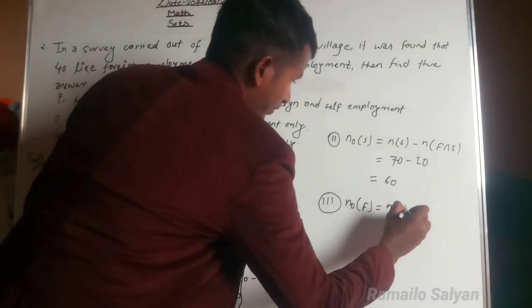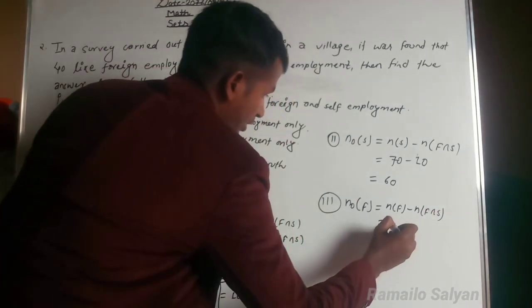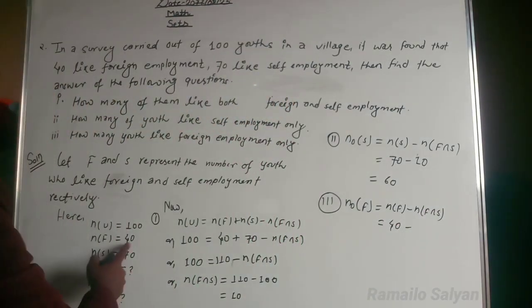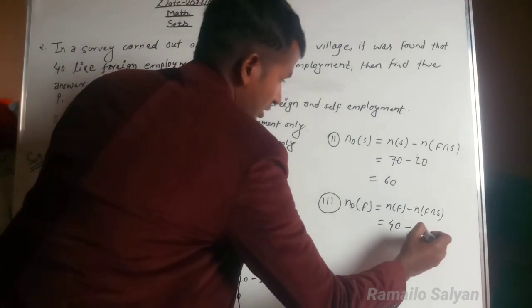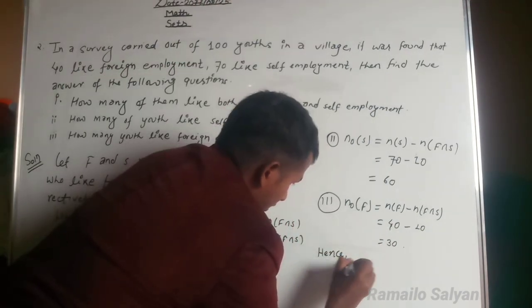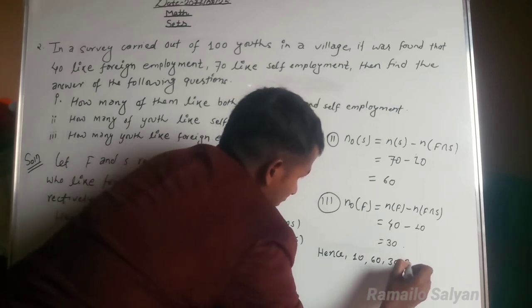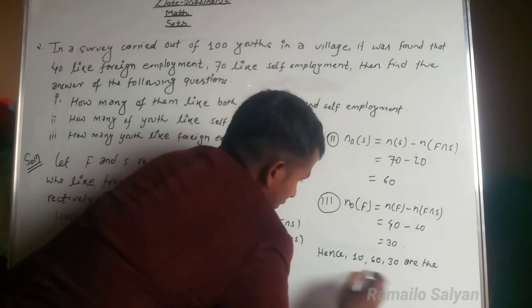n(F not S) equals the number of F minus the number of F intersection S. The number of F is 40. This one, 40 minus the intersection 10, is 30. Means 10, 60 and 30 are the